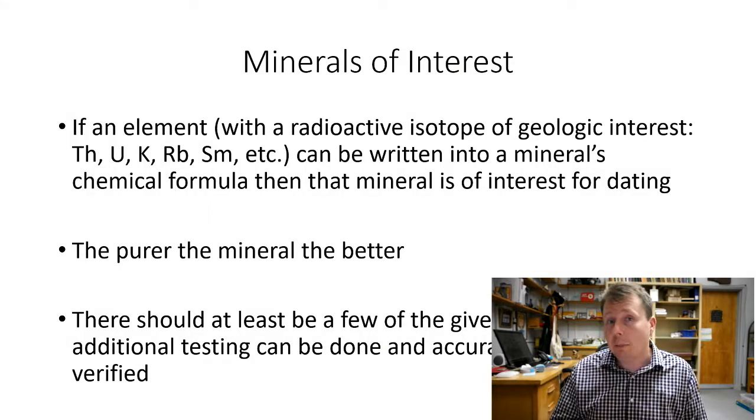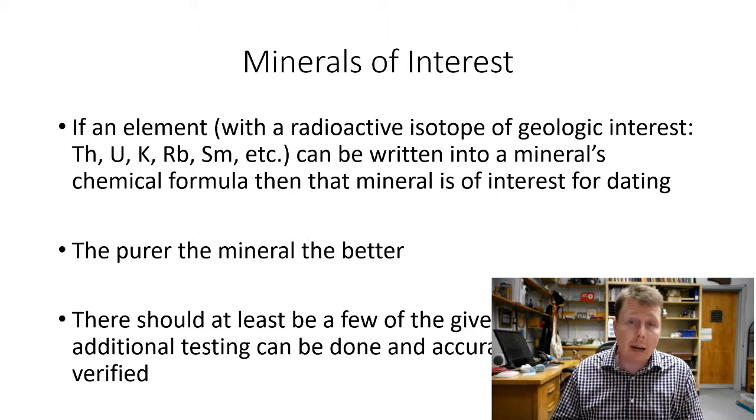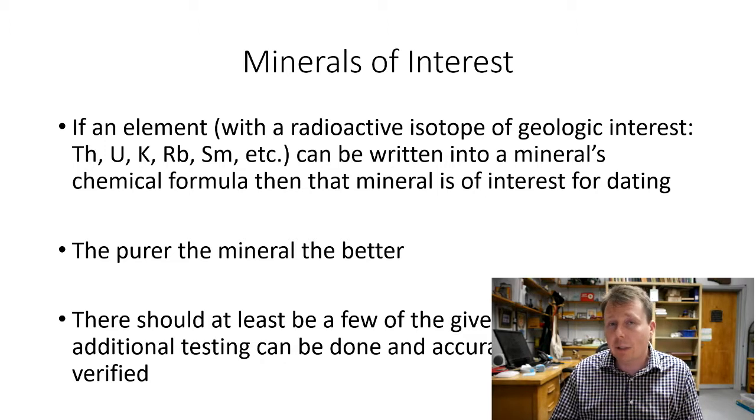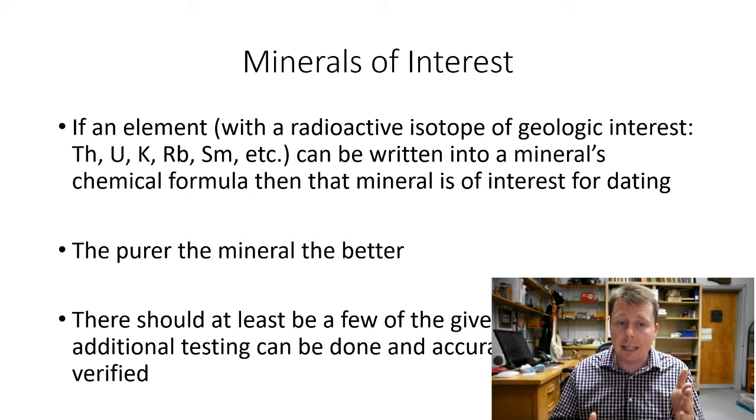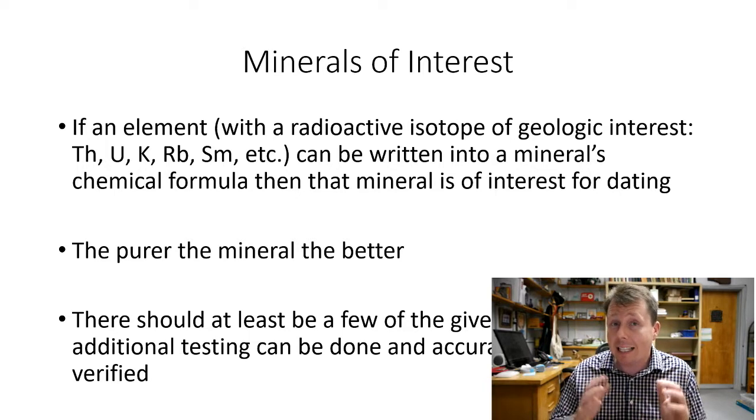Now, what minerals in specific do we use? That's a good question. There are a wide variety of minerals. Geologists are always trying to use different minerals to determine things. It's not so much what minerals we use as to what their chemical composition is made out of. So you can see over here in the diagram or in the slide, there's thorium, uranium, potassium, rubidium, samarium. These are some of the more popular isotopes we look for. And the long story short here is any mineral that contains these in their chemical formula or symbols can be used.